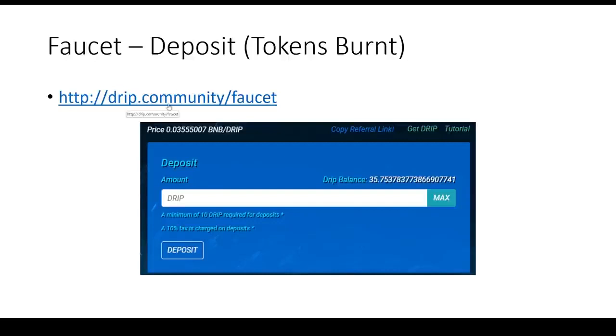Again, we're doing this on drip.community/Faucet. You come here to the deposit area. I took this screenshot when I happened to have some Drip in my wallet. You type in however many Drip you would like to deposit. Most of the time people would just hit the max because, well, actually,